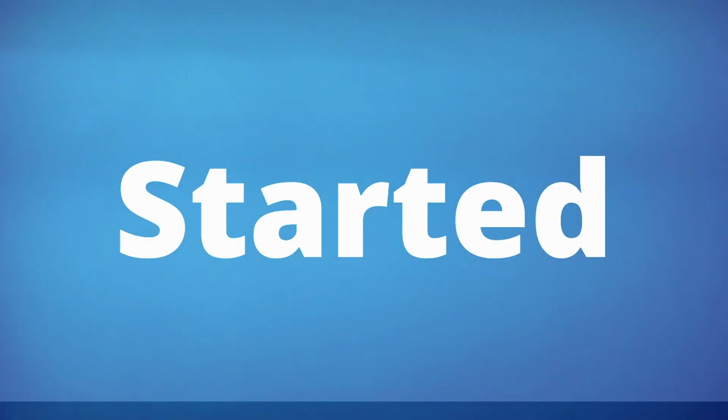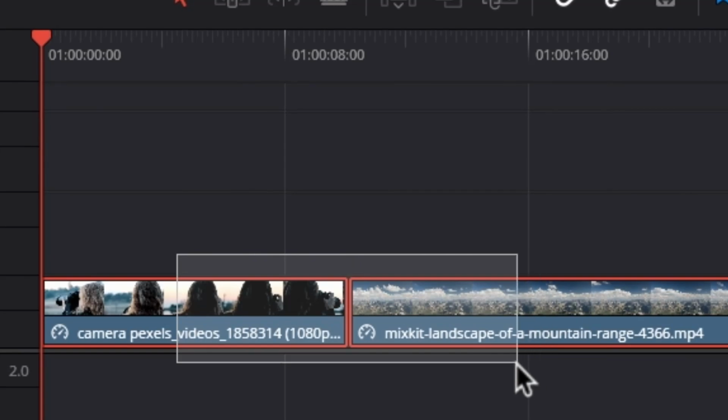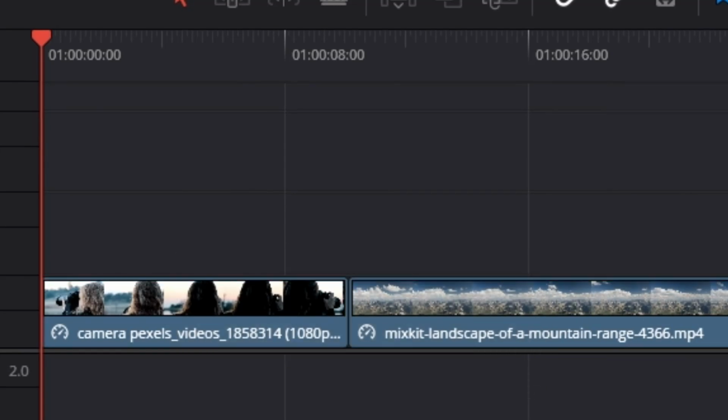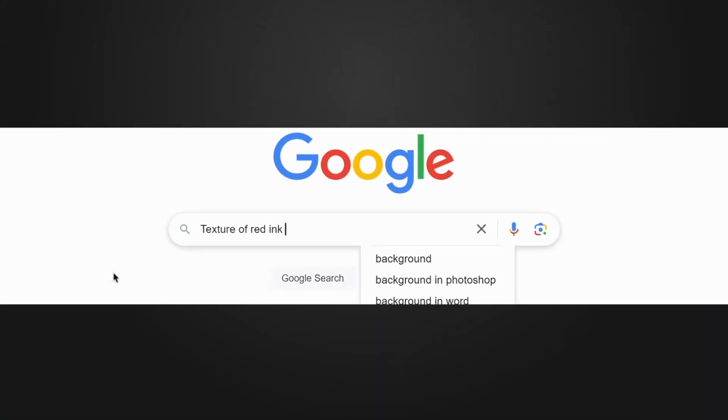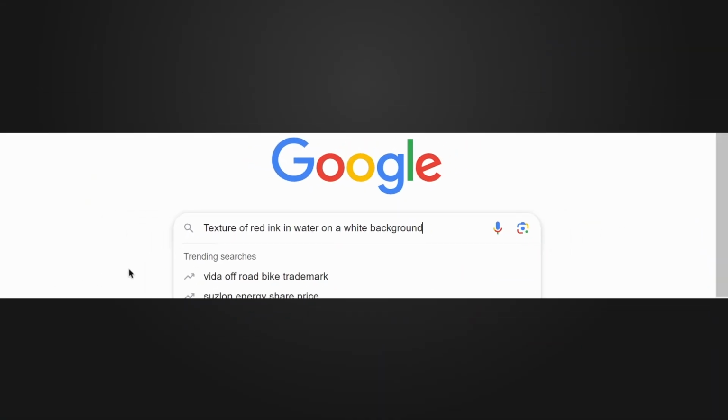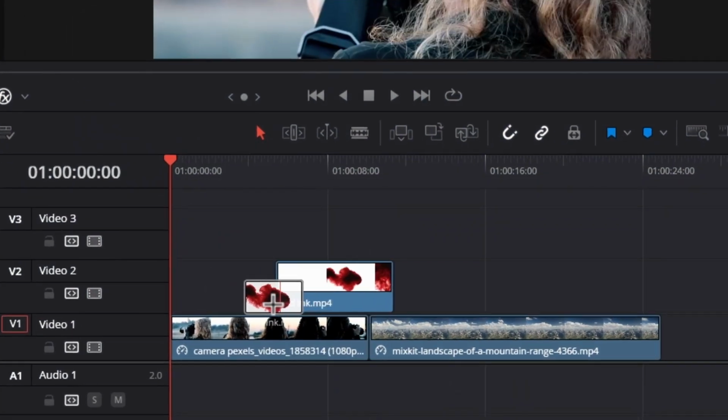Let's get started. To make this effect, we need 2 video clips, which we are going to use to create this effect. And we need a texture of red ink in water on a white background. You can find this very easily through a simple Google search. Now bring this texture of red ink in water on a white background, and place this on top of these